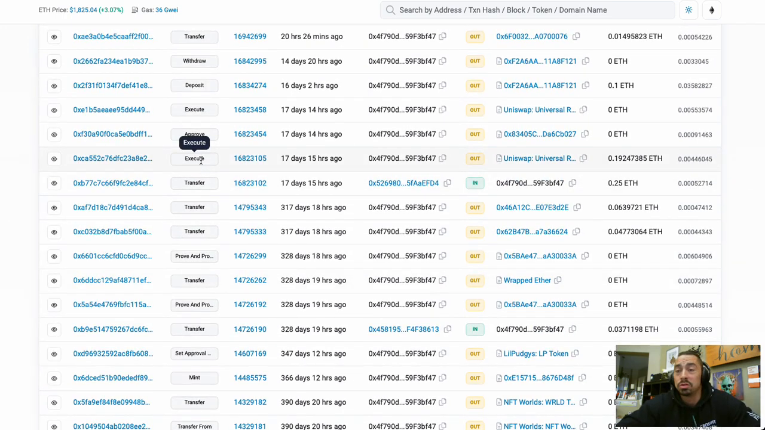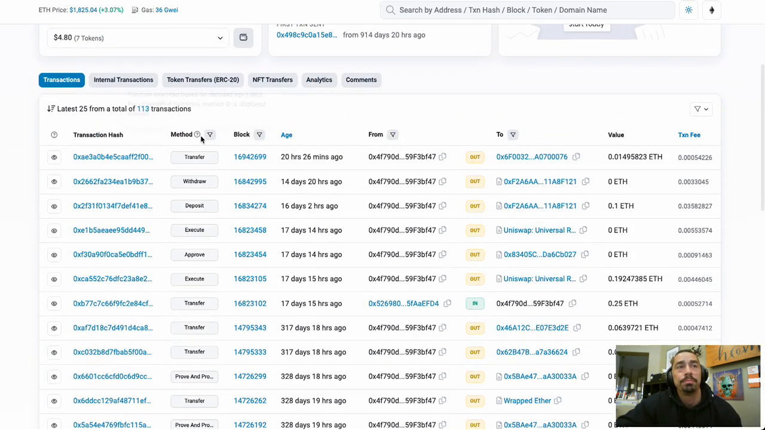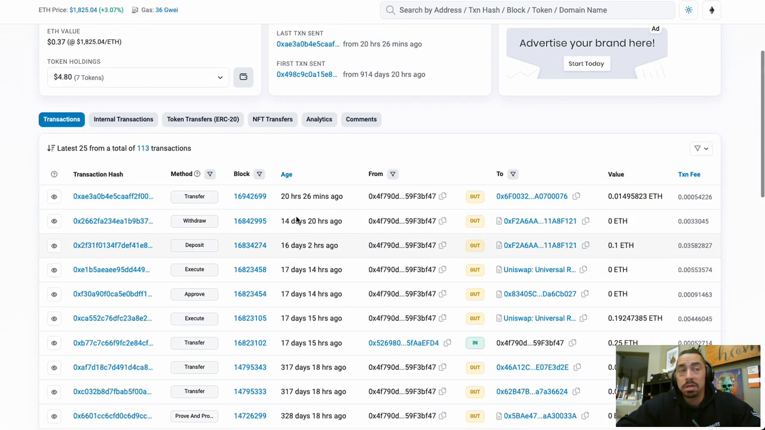I execute. So whenever I executed an order, you'll see that as well. There's a bunch of different methods that you can learn about, what they all mean, what they all are. But the best thing about Block Explorers is to confirm tokens. I use this Block Explorer all the time because for instance, let's start